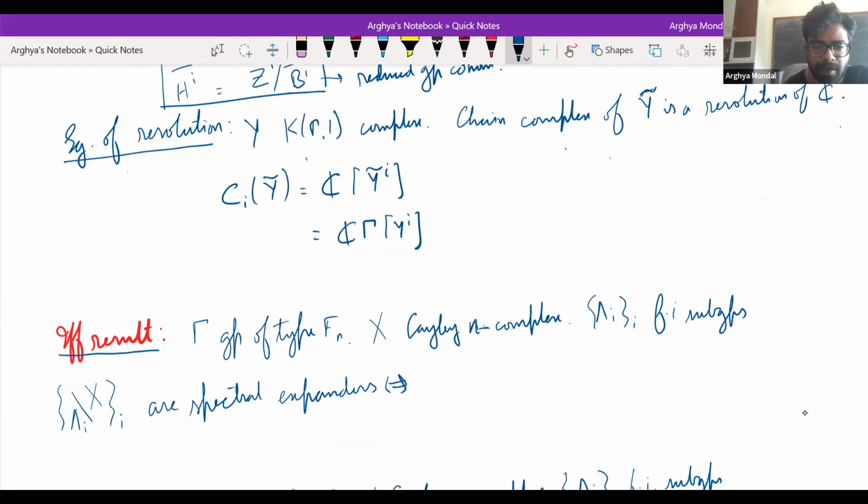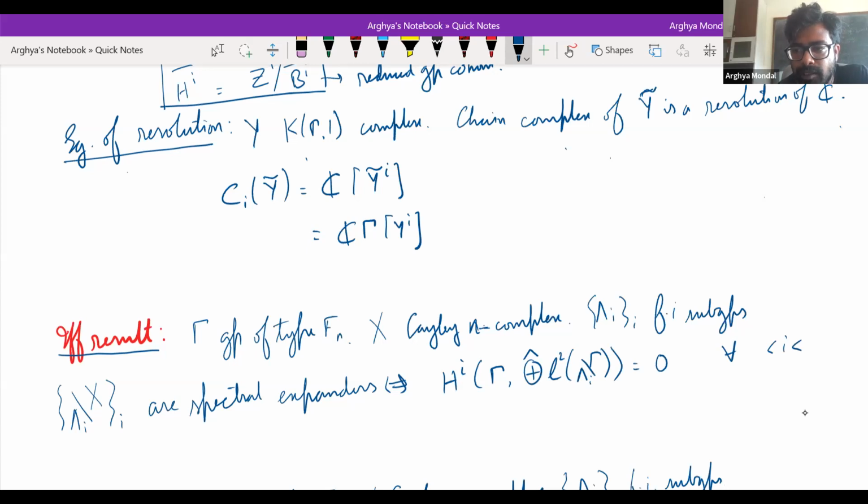And then the quotients are spectral expanders if and only if I look at the Hilbert direct sum of L2(Γ/Λ_i), and I want these to be equal to 0 for all i between 1 and, let's say, n minus 1, and for the nth one, I want it to be Hausdorff. That is, it is the same as the reduced